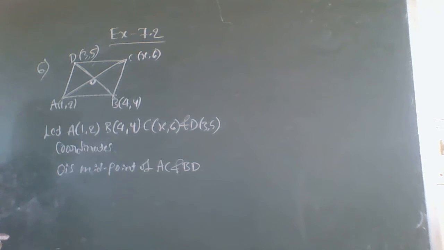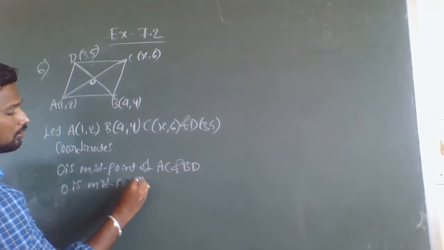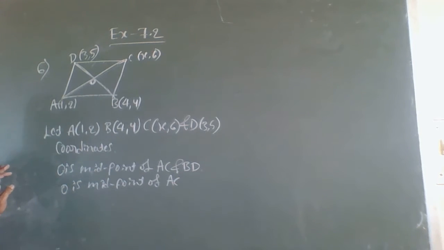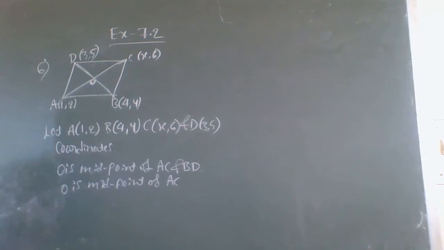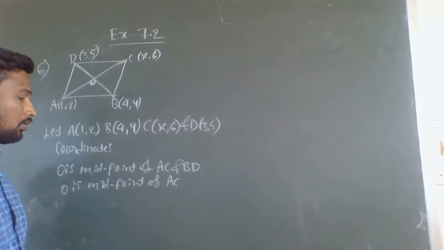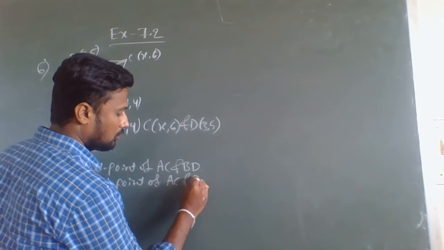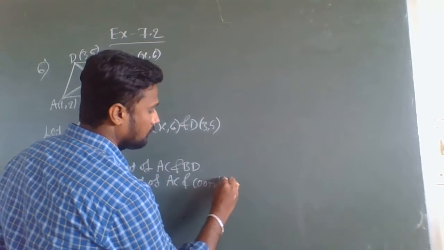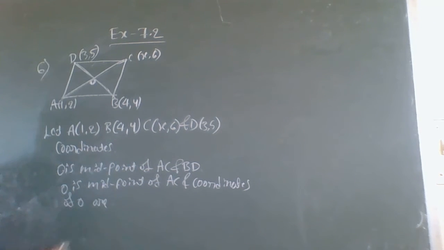Okay. Then coordinates of O are, here I will write, O is midpoint of AC, because this O is midpoint of AC. In parallelogram, what is the property? We know that these two diagonals bisect each other. Therefore, this O is midpoint of these two diagonals. Therefore, O is midpoint of AC, whose coordinates of O are